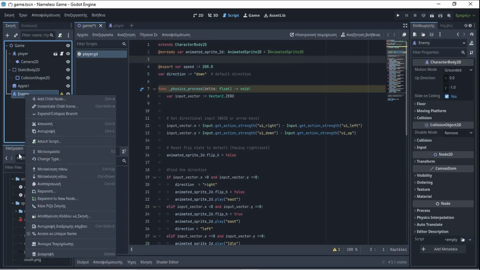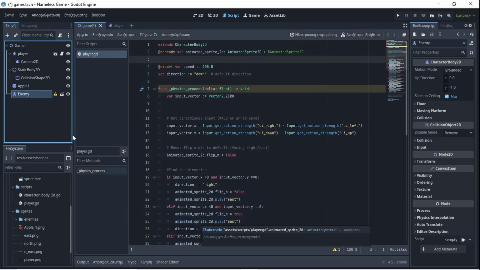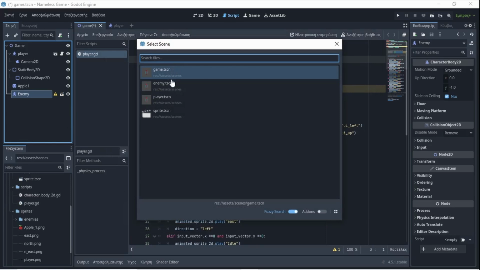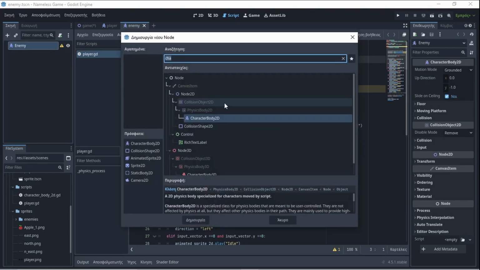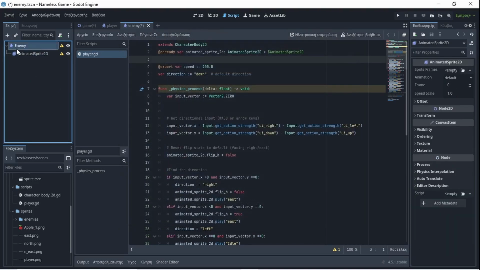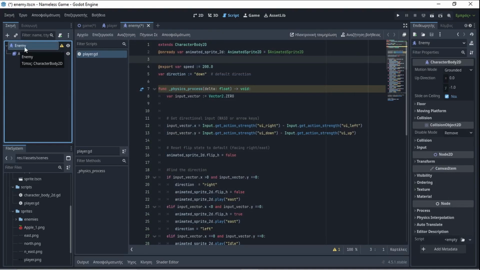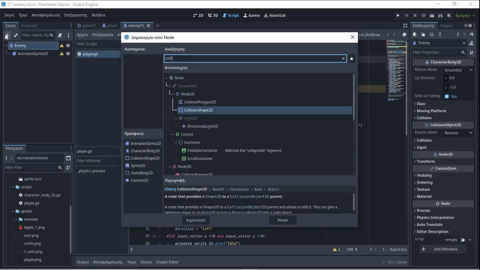We're going to save it as a scene, so we're going to name it enemy. And now we're going to press again Ctrl Shift and O, and we're going to open the enemy scene. And for the enemy, we're going to do the same things that we did with the player. We're going to create a second node that gives us the AnimatedSprite2D, and we're going to give a CollisionShape2D,